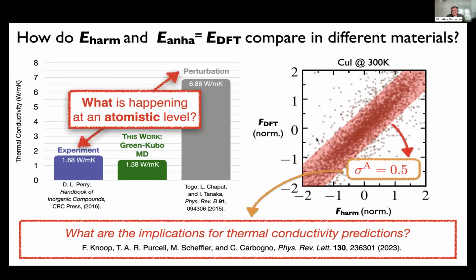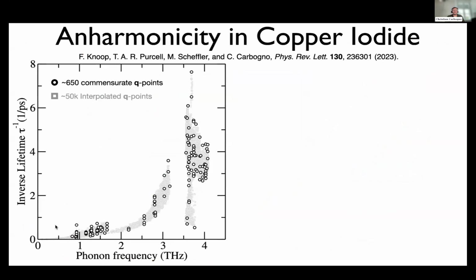Now, naturally, this example begs the question: what is actually happening at an atomistic level? So why is there such a big difference? We've seen that this has to do with anharmonicity, but can we get more fundamental, more qualitative insights that explain what is going on? One way to do that is to map that back into a quasi-particle phonon picture. What I show you here are the lifetimes, or better the inverse lifetimes, of these phonons as a function of their frequency. And this data is completely extracted from the ab initio MD,